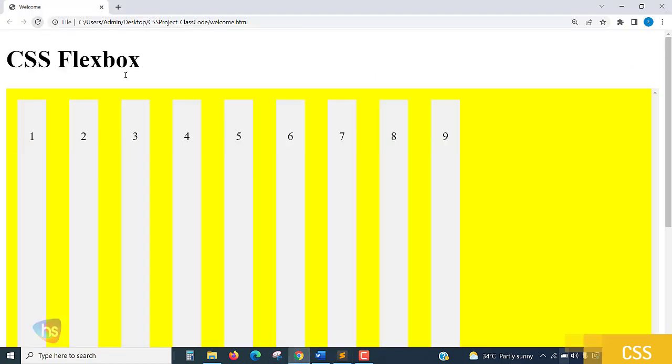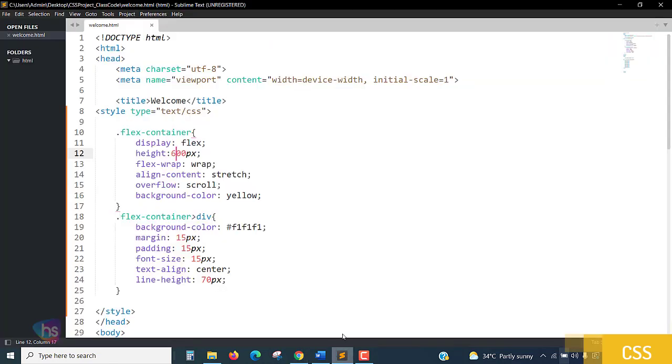So this box is going for 600 of height only. Accordingly, if you need more things, of this flex container,